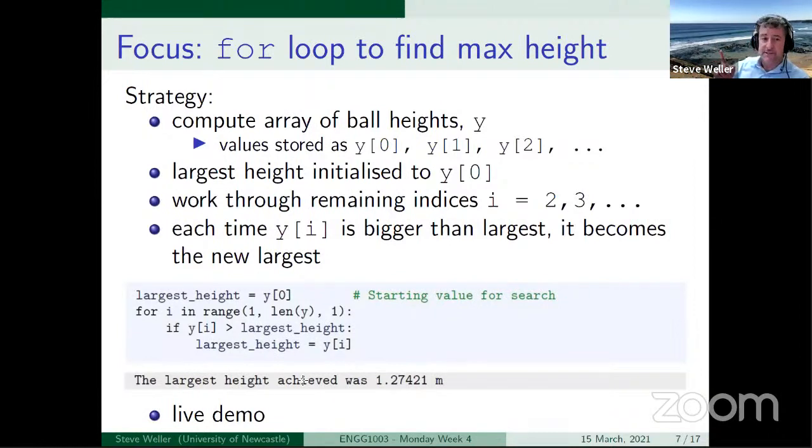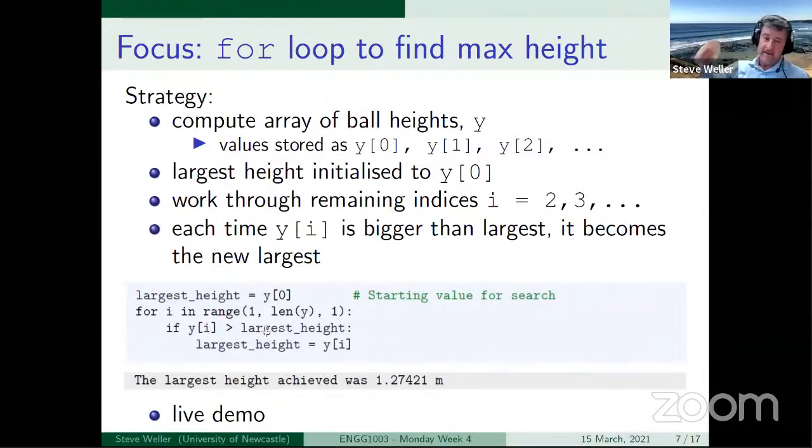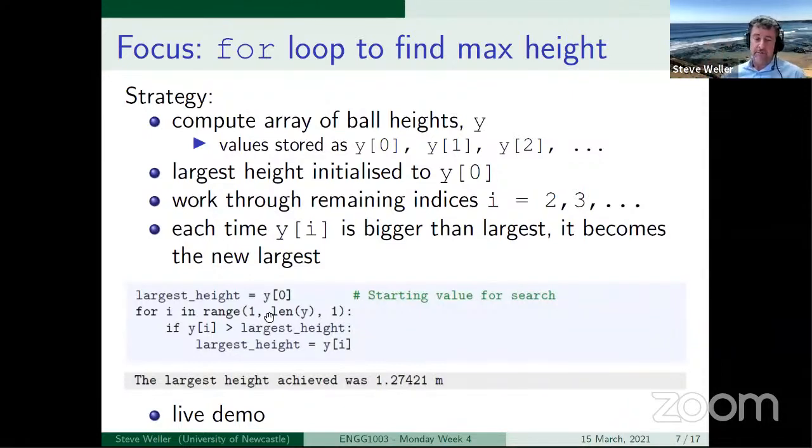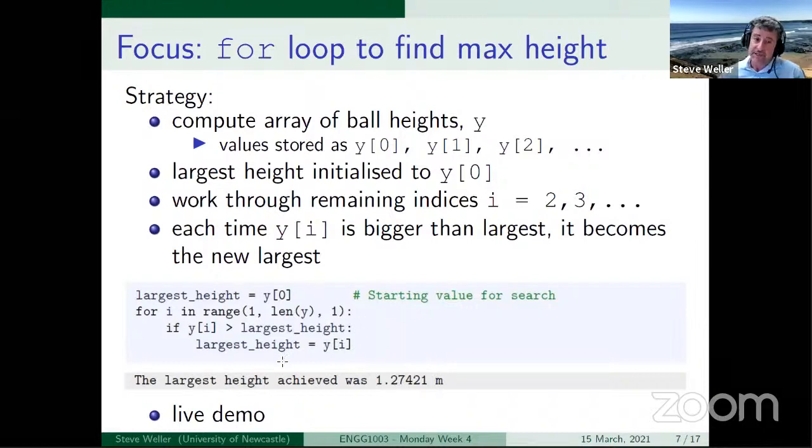Eventually what happens is the largest height takes the value at the top of the curve. The array index is incremented, and we find that Yi is not greater than the largest height. But that's okay. We've stored the largest height. We've got a hold of it. We've kept a store of it, and the fact that we check array indices after the peak doesn't matter. In fact, we have to do that to exhaustively search through the array to find the largest value. So that's one strategy for solving that problem.